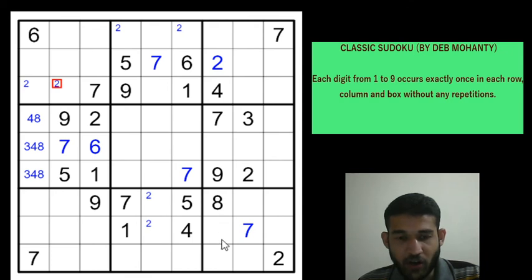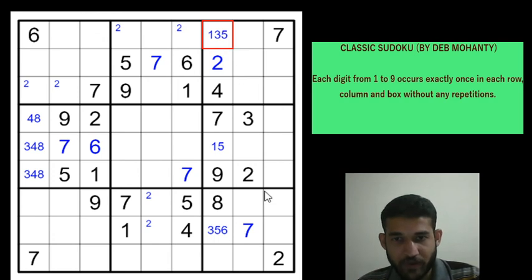And if you look along column 7, 2, 4, 7, 8 and 9 have been placed already. 1, 3, 5, 6 digits have been placed. 3 and 6 cannot be here in row 5 column 7, so this will be 1 or a 5. And this cell cannot be a 1, so it will be a 3, 5 or a 6. And row 1 column 7 has a 6, so this will be 1, 3 or 5.